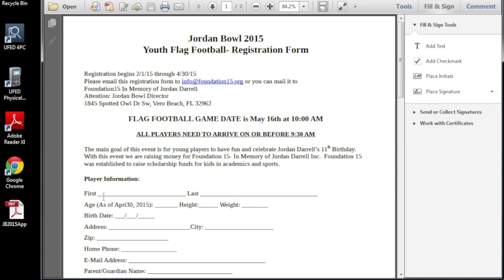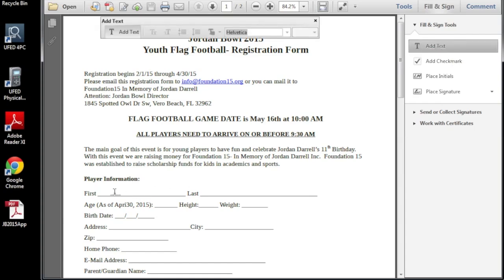So the first fields that we need to fill out are the first and last names. We're going to do that by simply clicking add text, and then clicking on first. Basically I've clicked on add text, and then I've just clicked near the place of entry where I want to start typing, and then I'm just going to type my name,